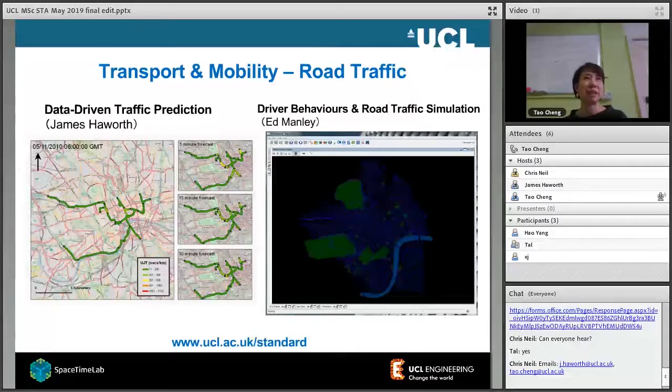But what's the difficulty in this one? Because there's a lot of missing data. No matter whether we use GPS, cameras, or manual counts, sometimes you will have missing data. When data is missing, it's very difficult to use models. So James provides a methodology, a machine learning approach, to develop a model which is able to predict the traffic. And more difficult is when you try to predict what we call the peak time, the more congested situation, and how you deal with it.